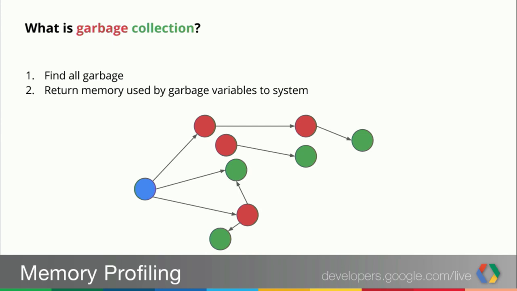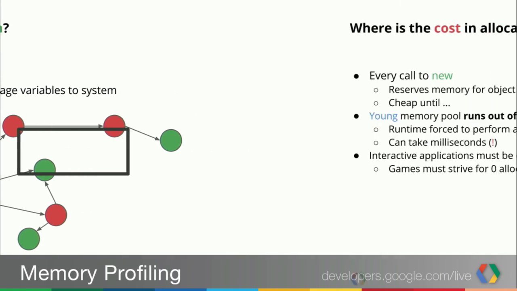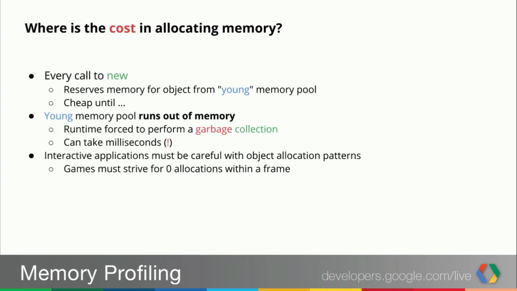So garbage collection happens in two phases. First, the graph is scanned and all garbage is found. So we already know the garbage in this graph is the red and the green node. And then this memory is returned to the system during the collection phase. So it's important when optimizing for performance and memory usage to understand the cost model for